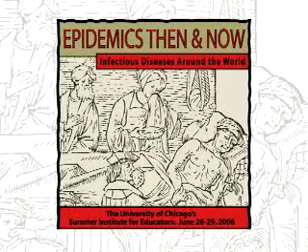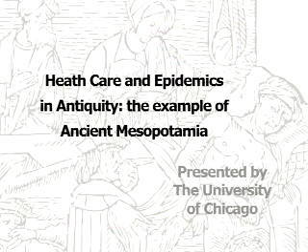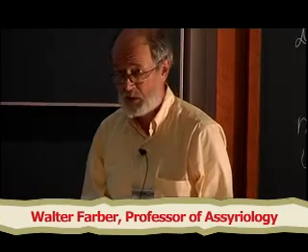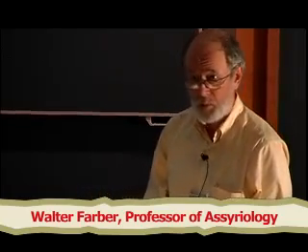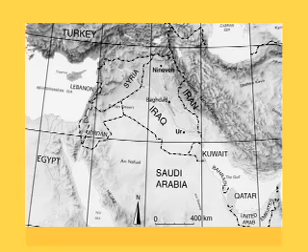So just in terms of a general introduction to the ancient Near East, first the geographical map. What we call in ancient studies the Near East is what is nowadays in general called the Middle East. I have no idea where the Near East has moved from there, but we are talking about Iraq, the land of the two rivers, parts of Syria, parts of western Iran, and then up in Turkey and Anatolia.